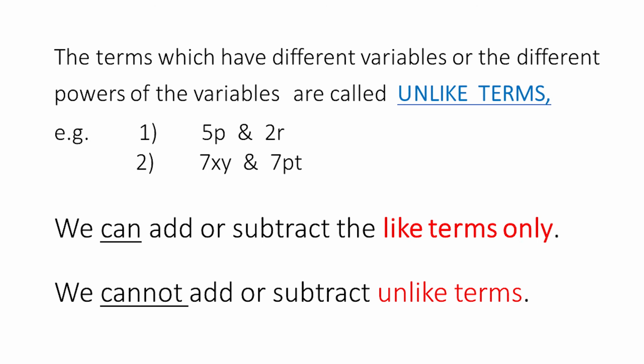If you observe this, there is the same numerical coefficient 7, but the variables are different. So this is an example of unlike terms. Dear students, remember that we can add or subtract only the like terms and we cannot add or subtract the